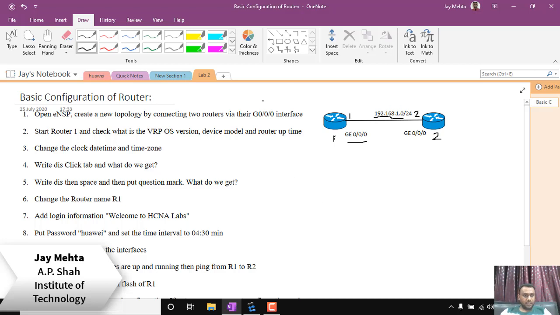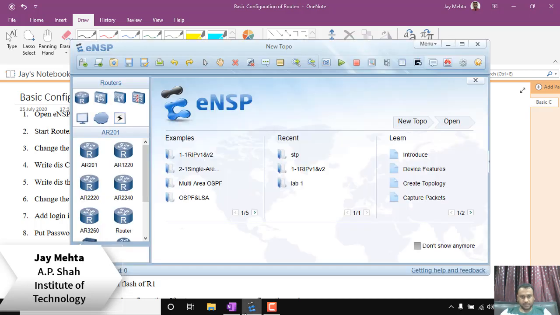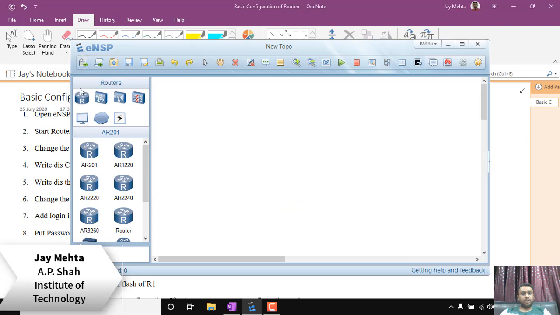So let's begin. The first question that we're going to solve is that we are going to open eNSP and create a topology by connecting two routers via their gigabit interface. So let's do that. Now this is my eNSP simulator. I need to click on this option, which is new topo. Now over here I'll need to click on routers and pick up the two routers, that is